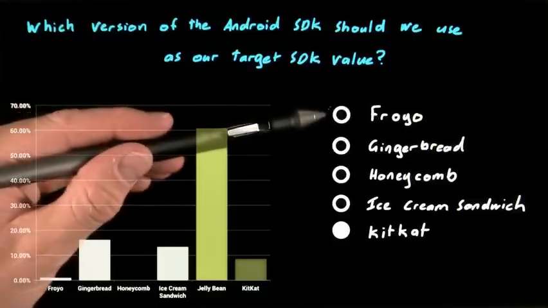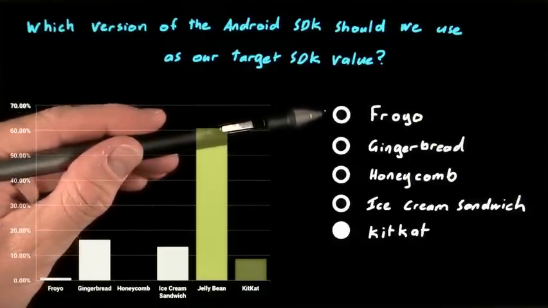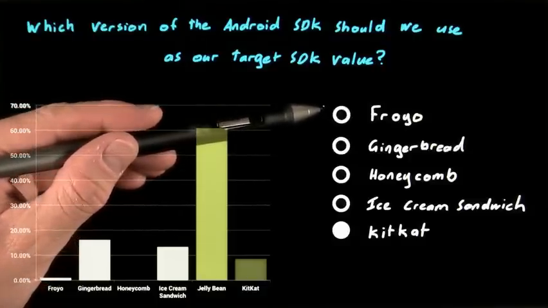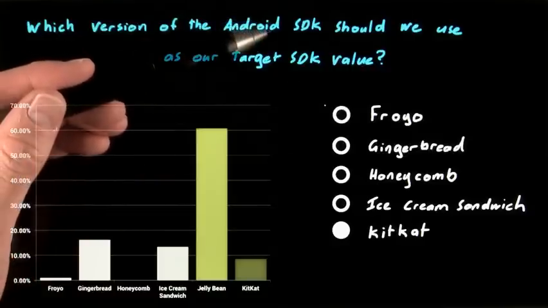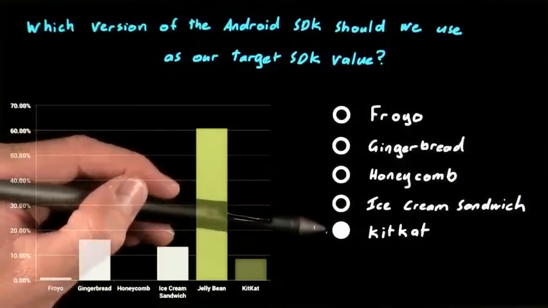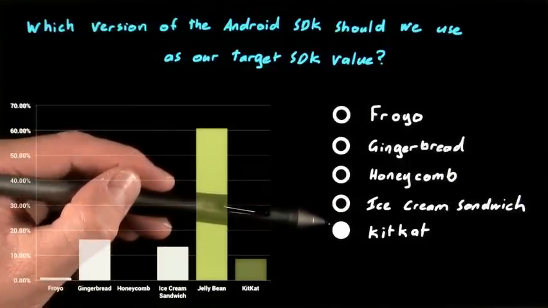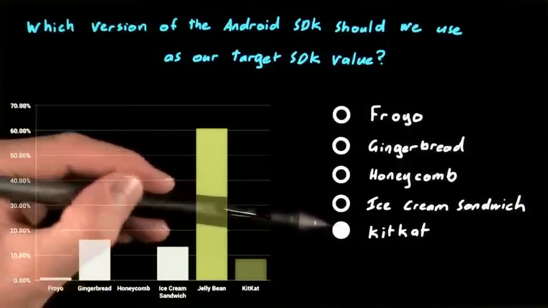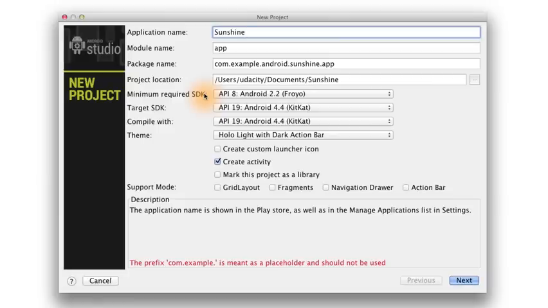That's right. While setting Froyo as our minimum SDK would allow us to support 100% of devices, it's the wrong choice for our target SDK. To ensure the best experience for users on all phones, including the newest KitKat releases, we need to set our target SDK to the latest build, which is KitKat. Thanks, Rado, for telling us about the importance of proper dessert selection.